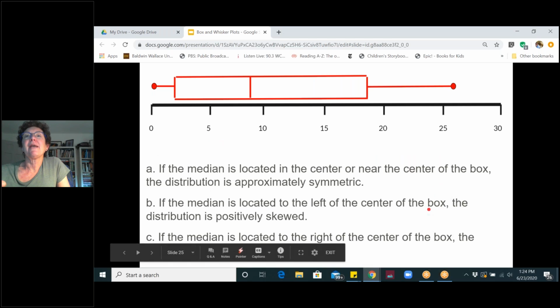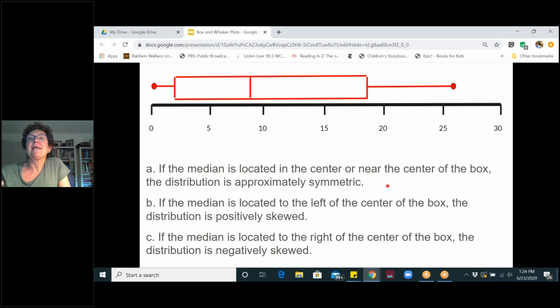Let's look at the next group. Oh, yeah. So here's a key term: symmetric. Symmetric means that it's pretty similar from side to side. So if you think about that,